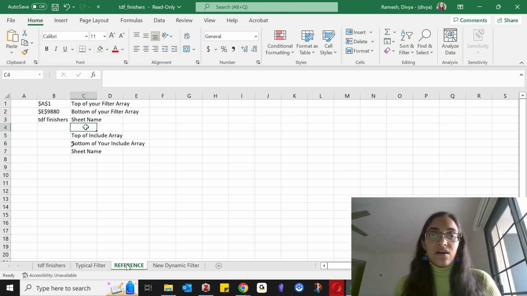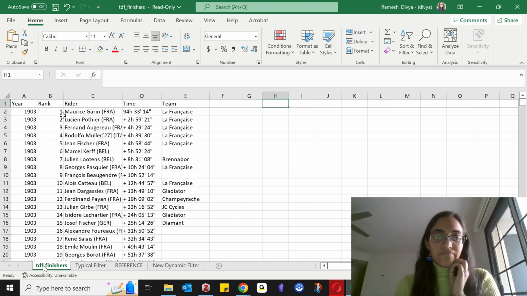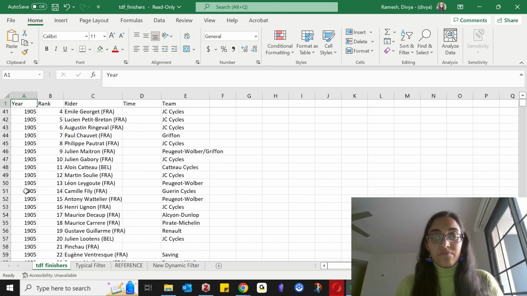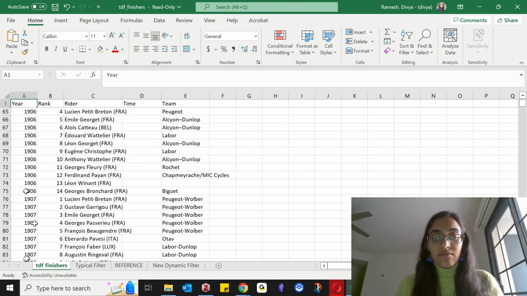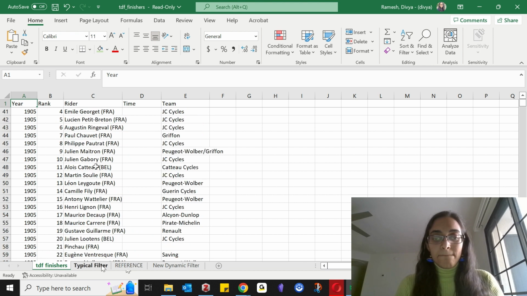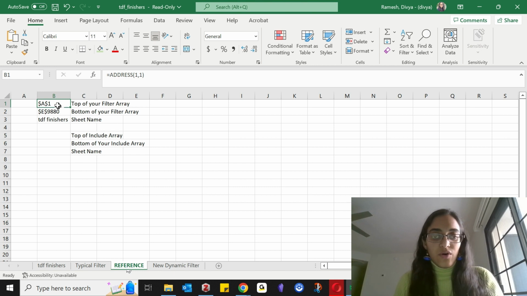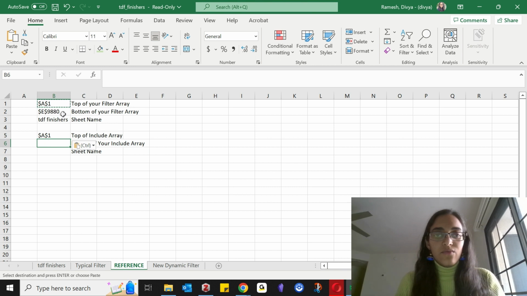When we put everything together, why do we need to put stuff together? Because in the end, once you've identified the top of your filter array and the bottom of your filter array, the top of the include array is the same thing, because the include column is this A column. So the top of that would also be A1, and the bottom of that would be the bottom of the rows here. So the top would be 1 again. And then the bottom would be